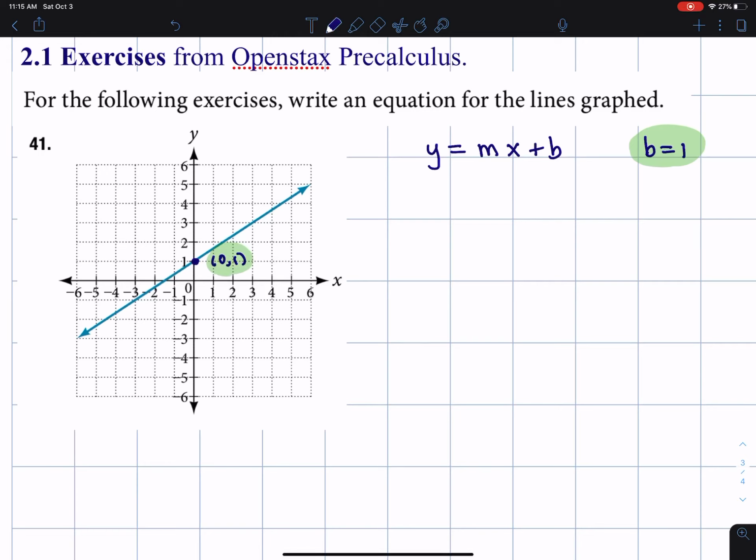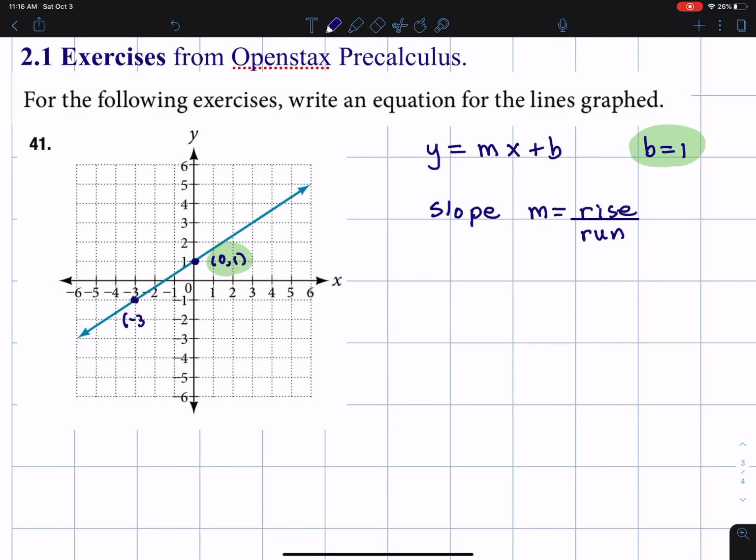Okay, the next part is to find the slope. Well, the slope is given by rise over run. For this problem, I think that we could just look at the graph and find the slope. What I need are 2 points on the graph that have integer coordinates. And so I looked and I saw, okay, here's this one,